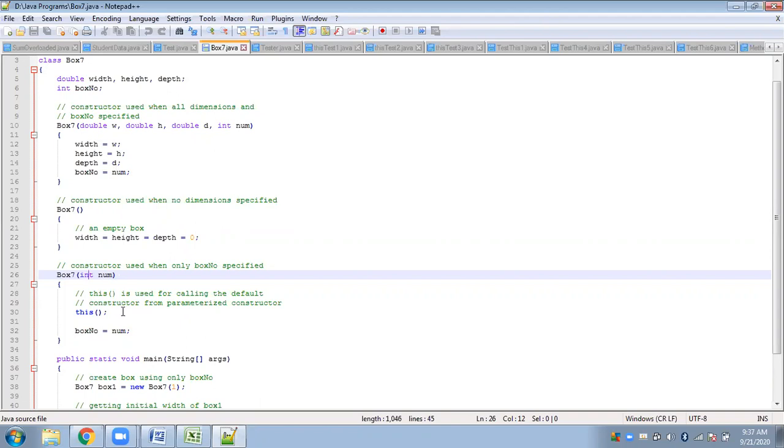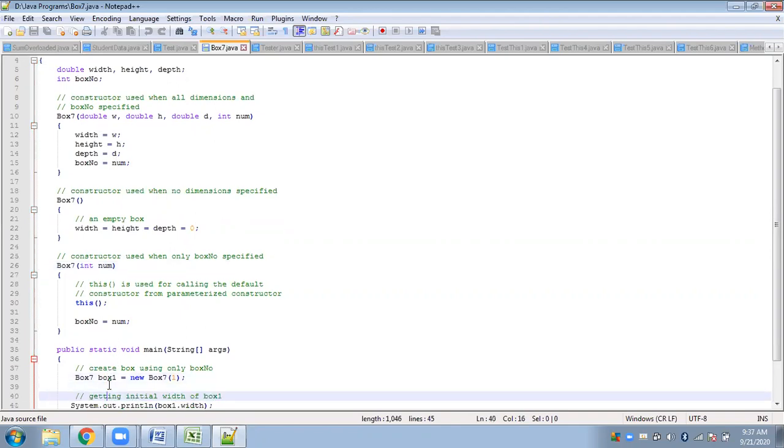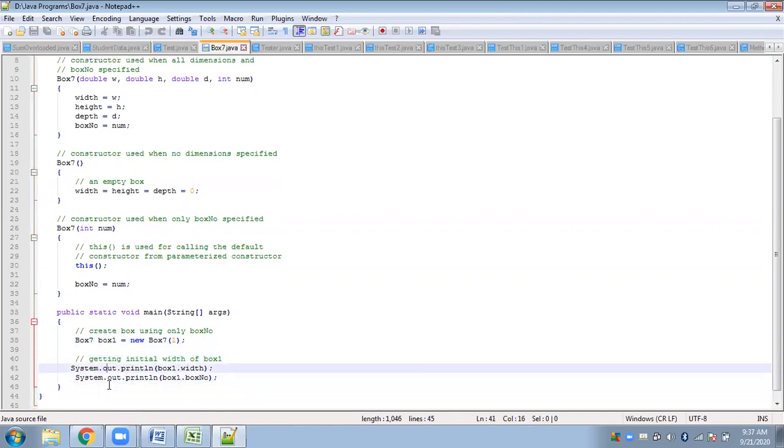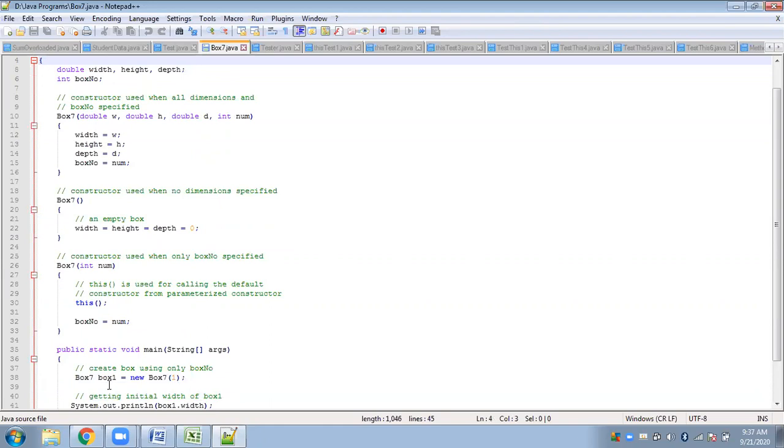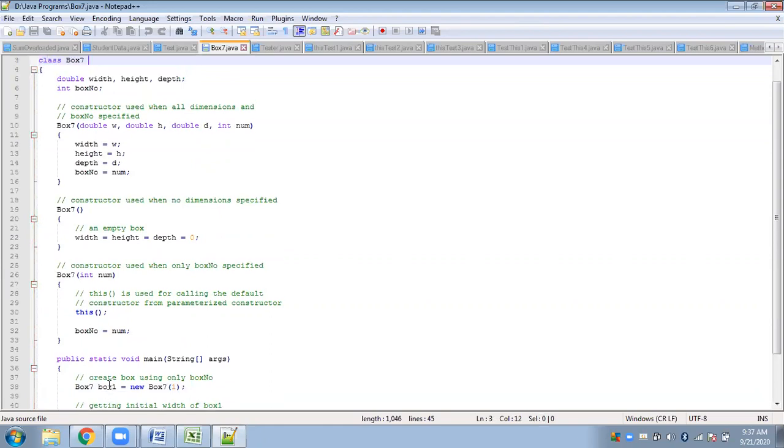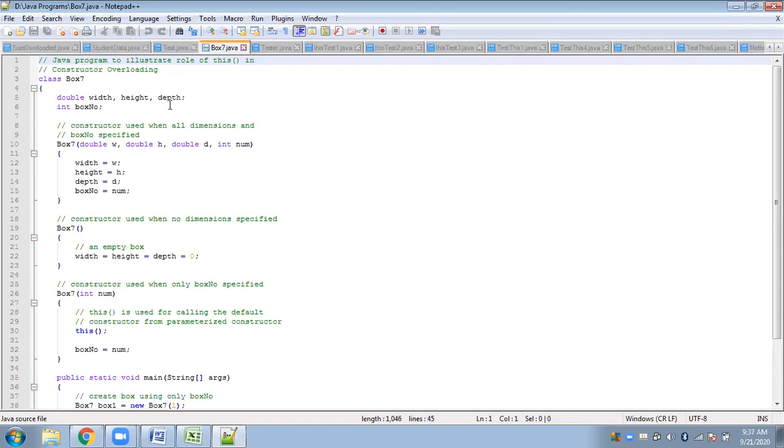Okay, now see, I think I have not explained this example to you. Yes. Okay, we will try to understand this example. So what we have done is, here we have the 3 dimensions of a class box, with height, depth, and then we have an integer variable box number. Okay. Then we have 3 constructors, as you have already seen. Fine. So this is an empty box because initially there will be 0. There will be no dimensions initially. Here I will be initializing all the 4 dimensions of the box.